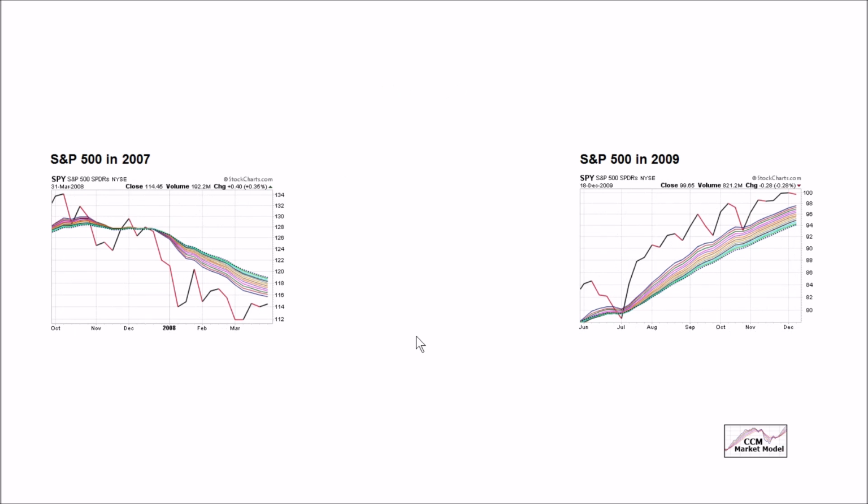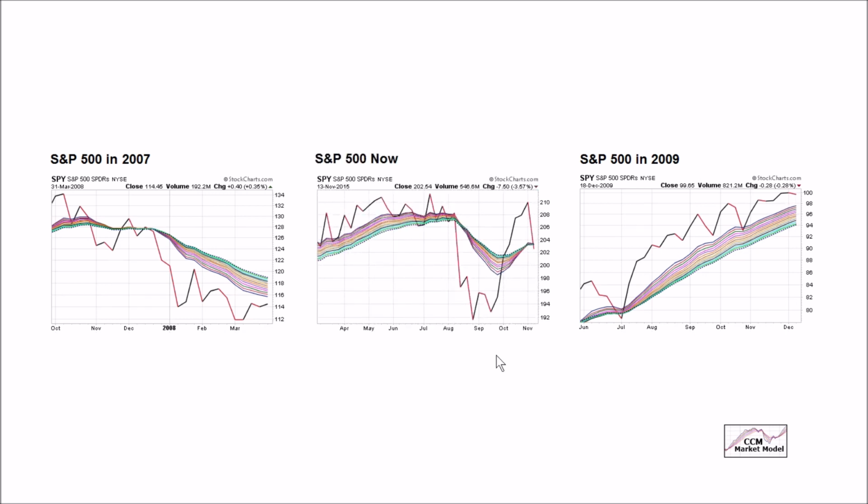Similar concepts, we're just looking at longer duration moving averages. Regular viewers and clients know when we get this tight look here, we typically get a big move in one direction or another, a tighter look here, and a big move in this direction. This is the same chart as of Friday, November 13th. We've got a very, very tight look.